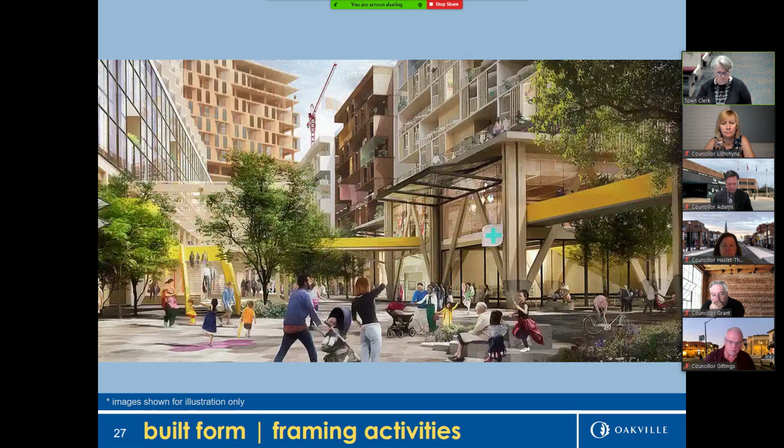Moving on to built form. So those are the buildings and structures that frame and enclose the public space to give it shape and to give it identity. In our Livable by Design manual, we state that in Oakville, we are committed to achieving a high standard of urban design and architectural quality to provide an innovative and diverse urban form that promotes a sustainable, dynamic, and livable